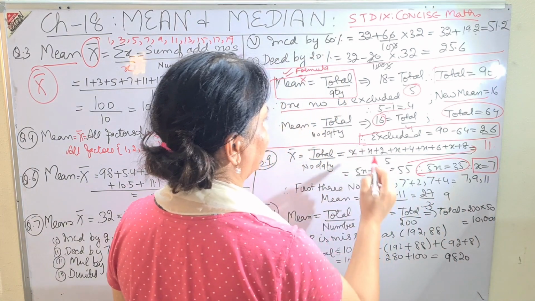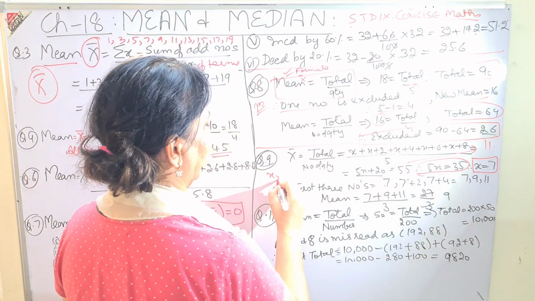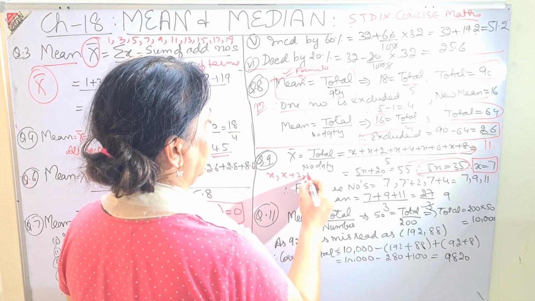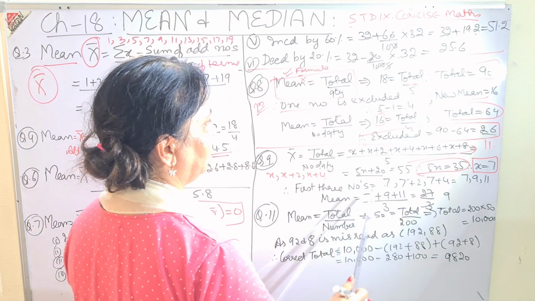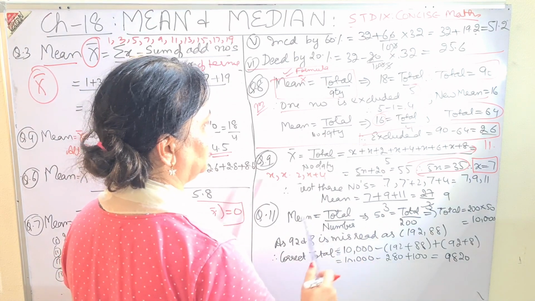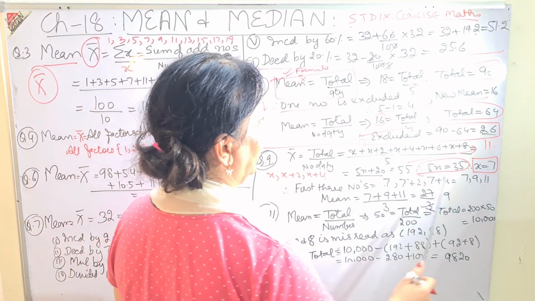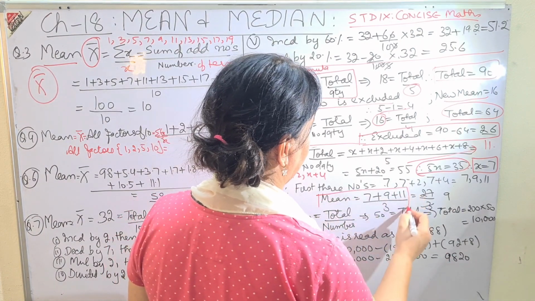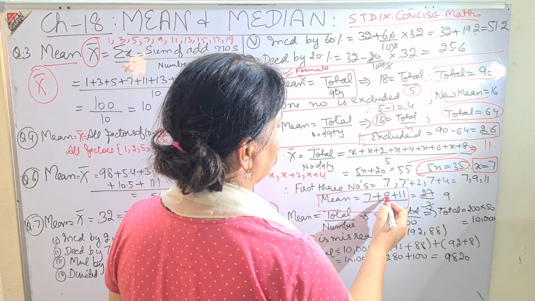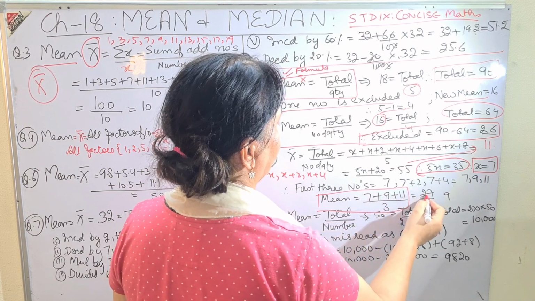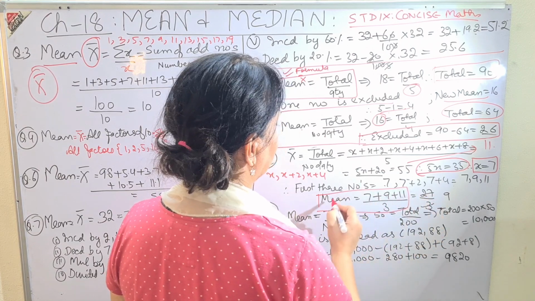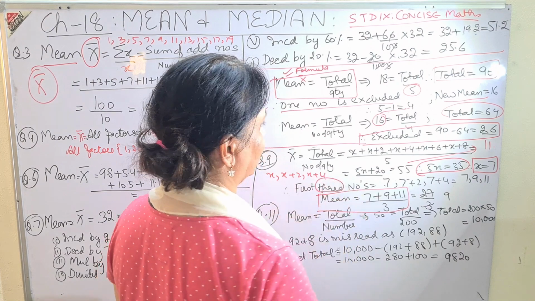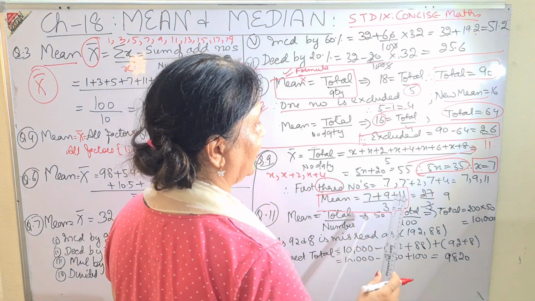He asked for the first 3 numbers. My first 3 numbers were x, x plus 2, x plus 4. So the numbers will be 7, 7 plus 2 is 9, 7 plus 4 is 11. So 7, 9, 11. And they asked me to find the mean of the first 3 numbers. So I'll add them: 9 plus 7 is 16, plus 11, divided by 3. Because only the mean of 3 numbers has been asked, don't take 5, you will take 3 this time.